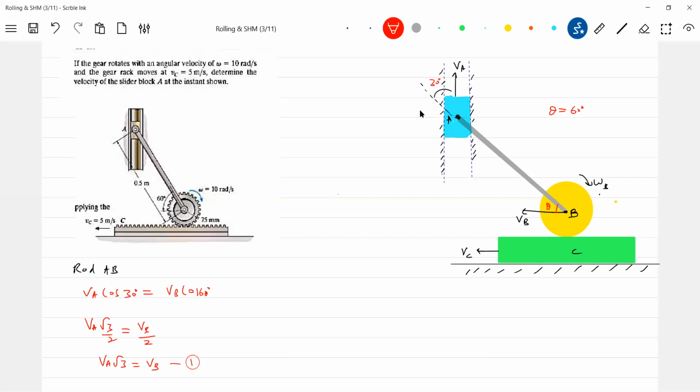So let's look at these two points. The velocity of this point should be equal to the velocity of this point, no? Because the teeth are in contact. That is the main idea. In our language, we say no slipping occurs. The velocity of this tooth and this tooth should be the same. So based on that, VB plus R omega B, what is R? R is this one, equal to VC. So the value of VC we know, R we know, omega B we know, we'll get the VB.